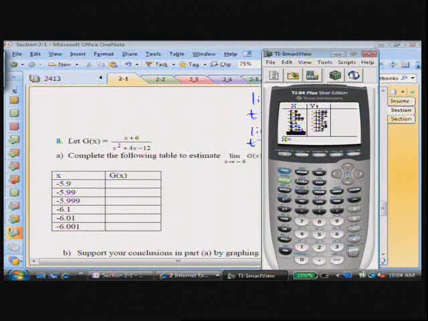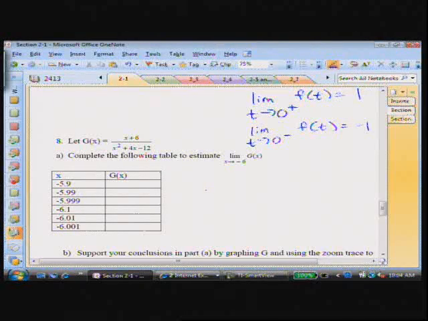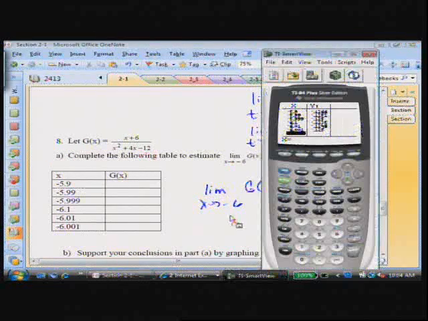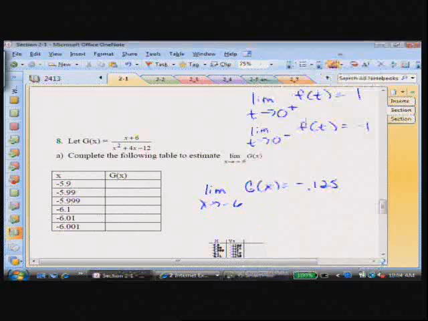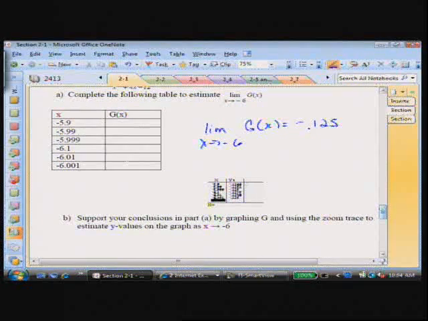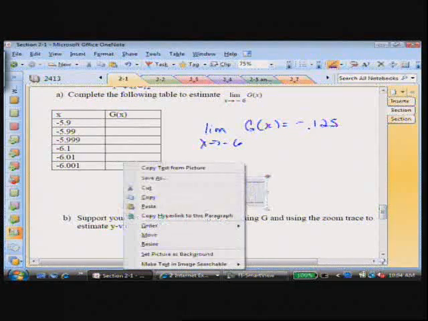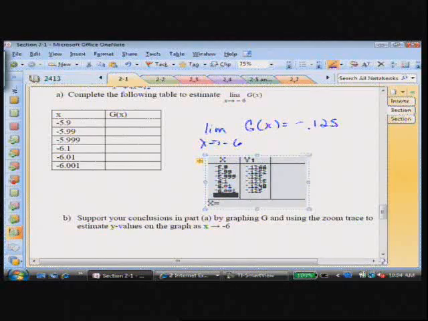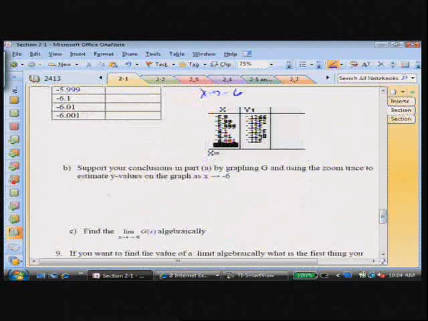Okay. And so we would say that this limit from our calculator, and let me grab that. Okay. Not very big. Okay, so